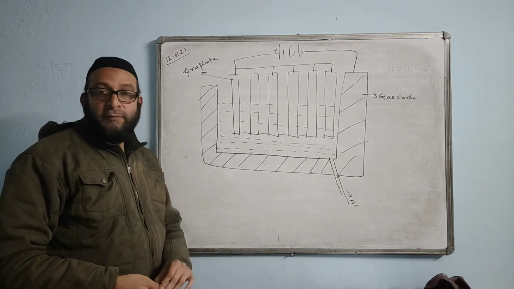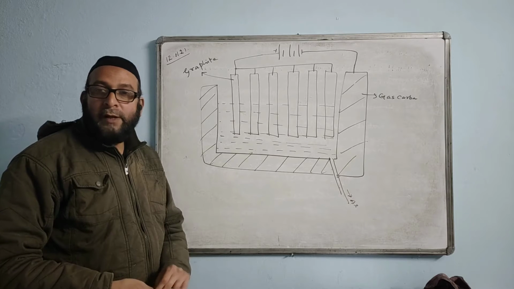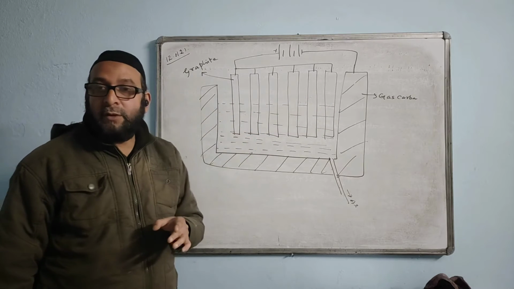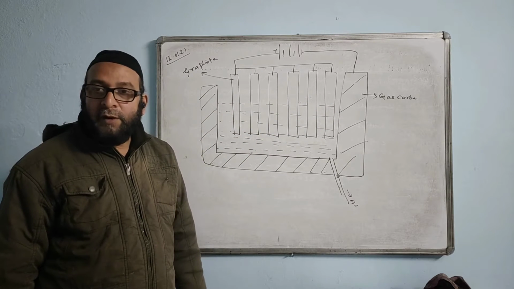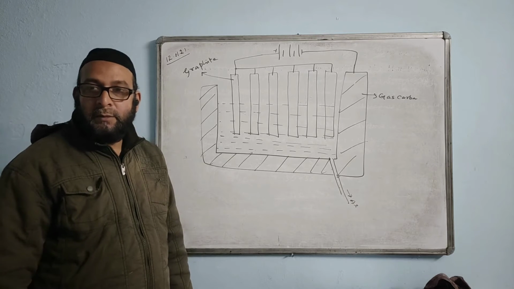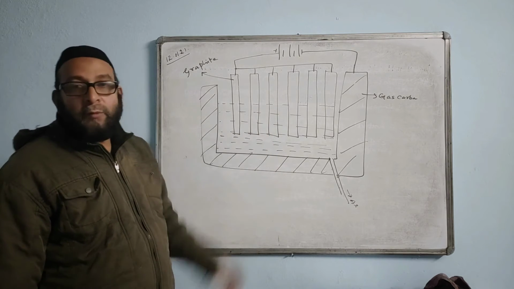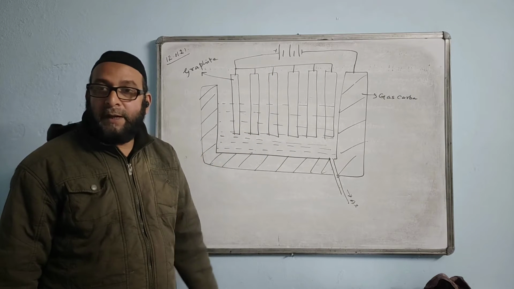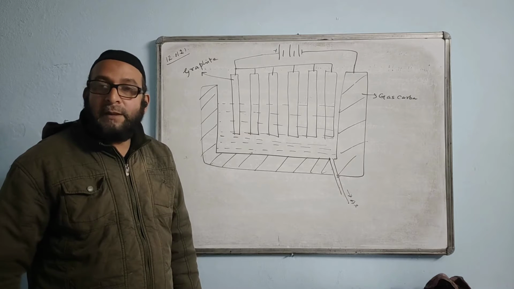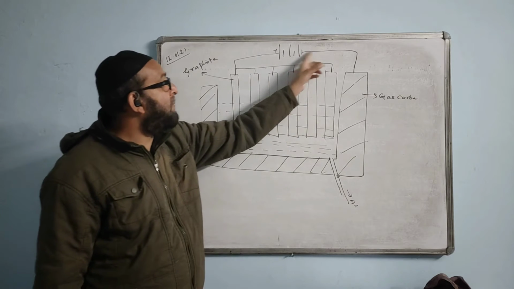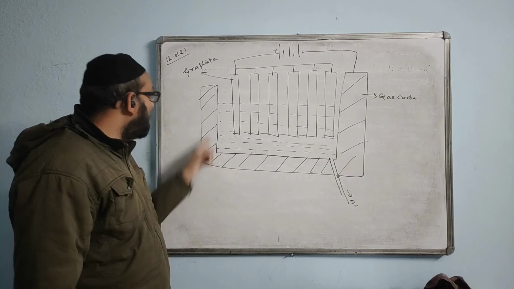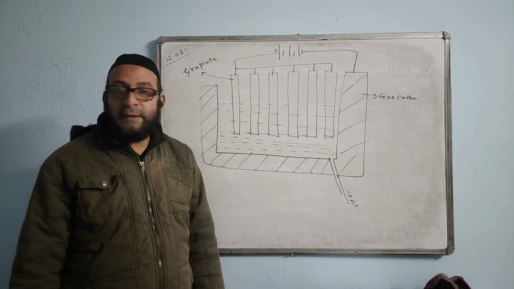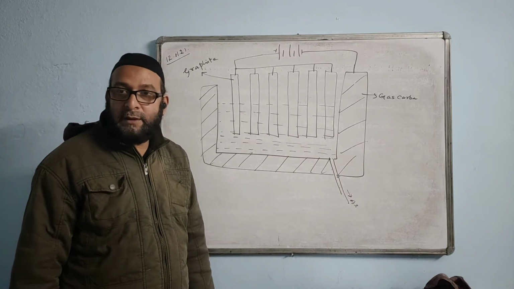Now this is the diagram for the extraction of aluminium metal. How to identify? We see the number of plates, the number of anodes used. The number of anodes are used only in the extraction of aluminium metal, according to your syllabus. What are called anodes? The plates which are connected to the positive terminal. Positively charged plates are called anodes, and the negatively charged plates are called cathode. This entire thing is cathode, which is made up of the material gas carbon. Gas carbon is also a good conductor of electricity, and graphite also a good conductor of electricity.